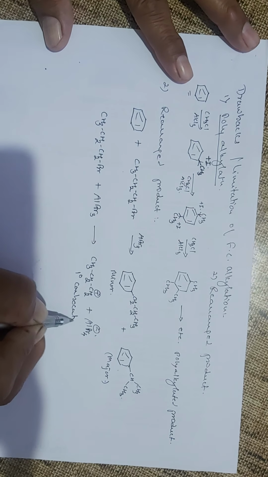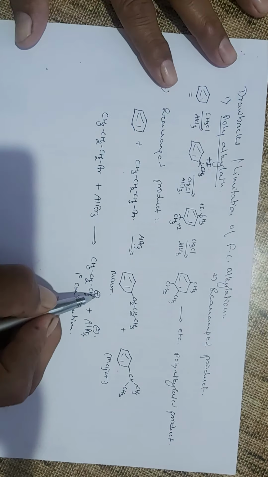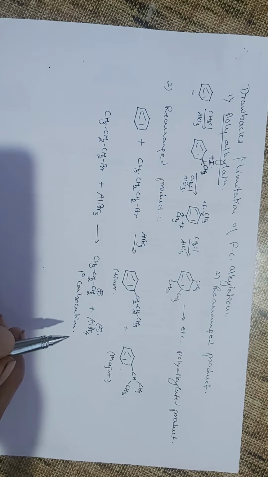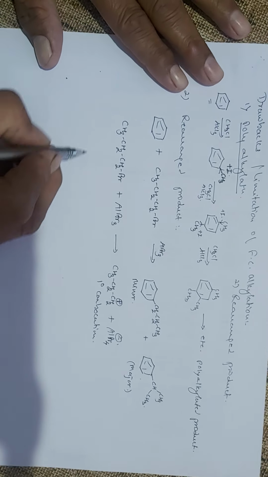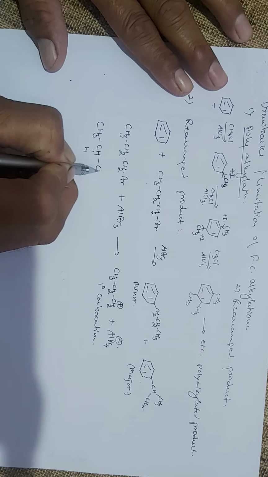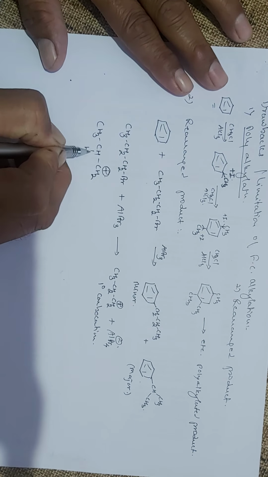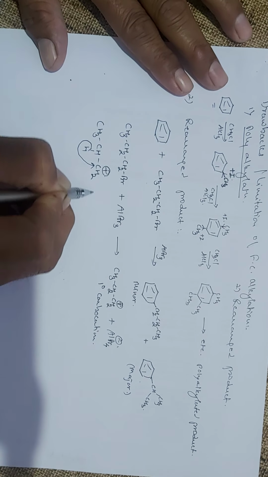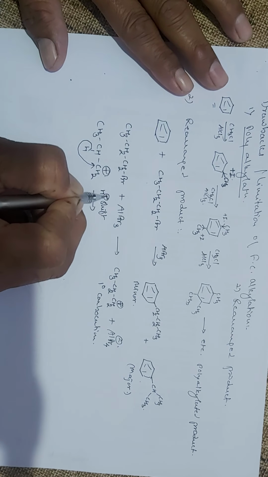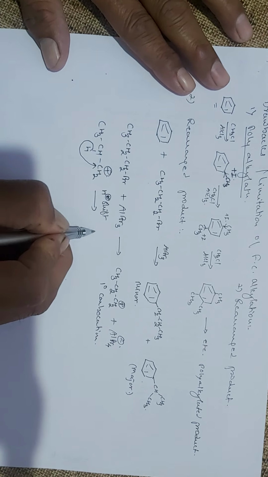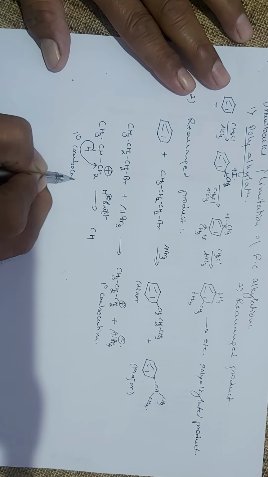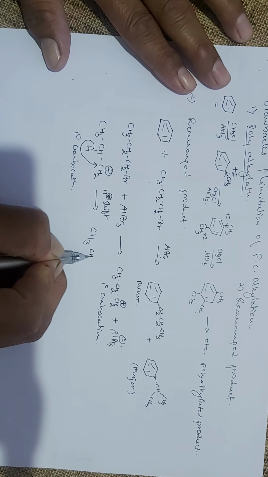Now we are well aware that the primary carbocation is less stable than secondary, which is less stable than the tertiary. And so here this primary carbocation undergoes a rearrangement to form a secondary carbocation by proton shift. Here the H plus shift, the proton shift, is taking place and converts the primary carbocation into secondary carbocation,